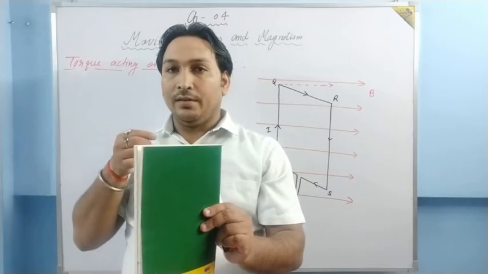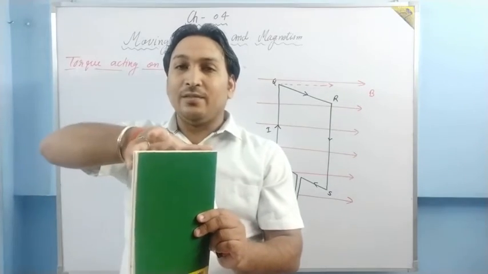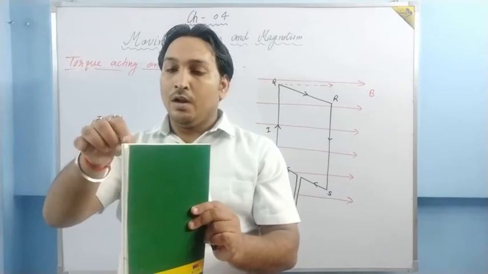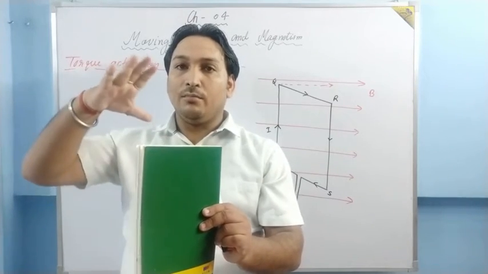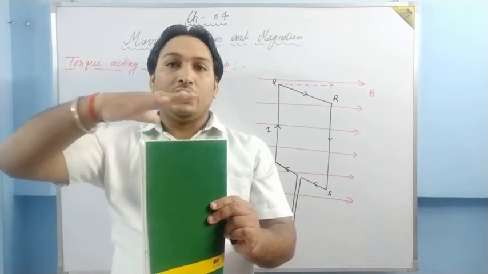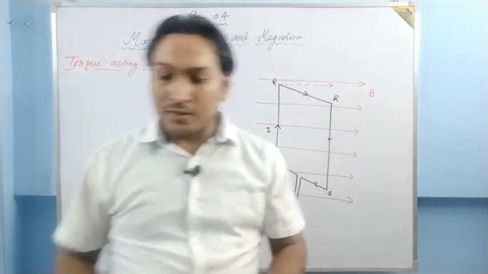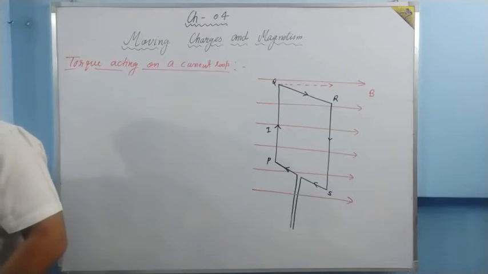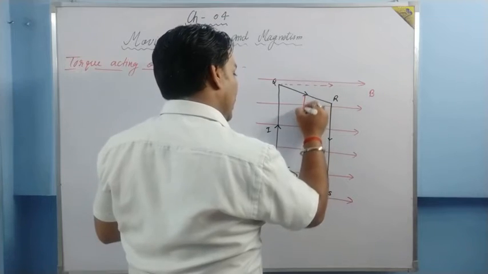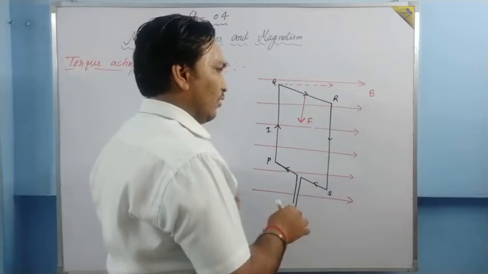Direction of length is this side. Basically the current is this side. Current although flowing like this, but the length which is along the current I have divided into components, one along, one perpendicular. The direction of current you have to take like this. Thumb you have to keep in the direction of magnetic field, and all these fingers towards the magnetic field. What is the direction of palm face? Downward. The force acting on this face will be perpendicular downward.